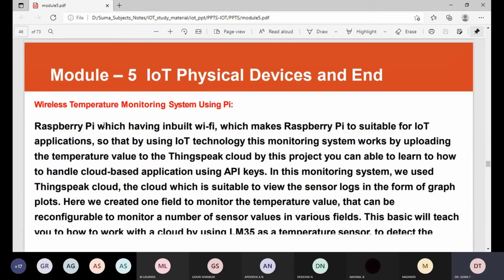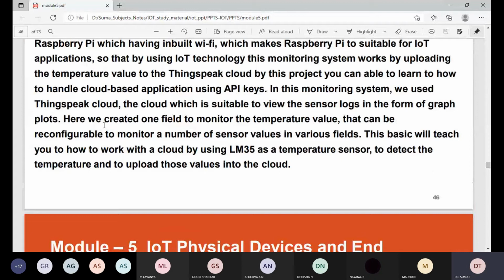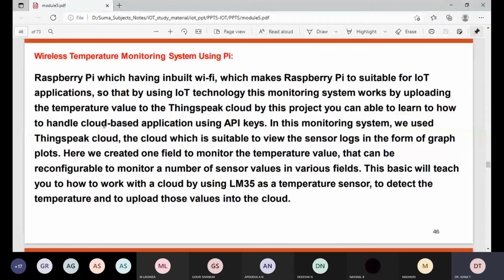Next comes the wireless temperature monitoring system using Pi. The wireless temperature monitoring system will be done with the use of the Raspberry Pi. In Raspberry Pi there is an inbuilt Wi-Fi which makes the Raspberry Pi suitable for IoT applications. That is the reason why your Raspberry Pi is suitable for IoT applications. So by using IoT technology,